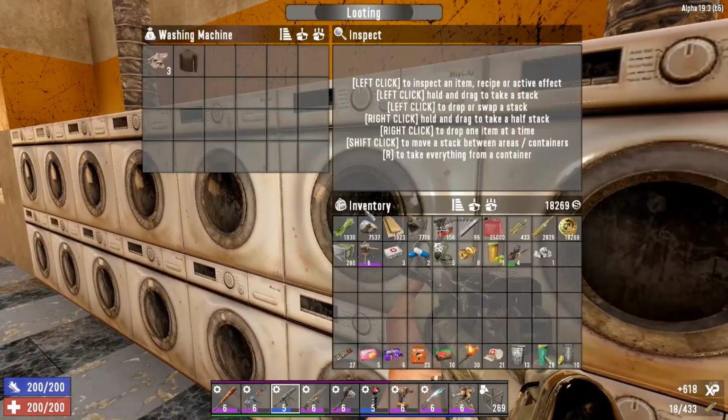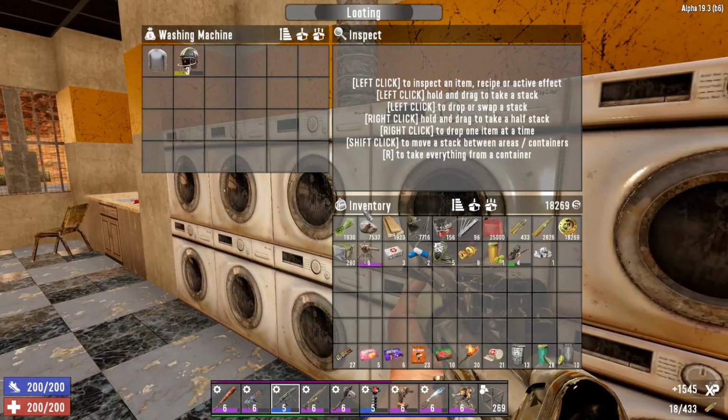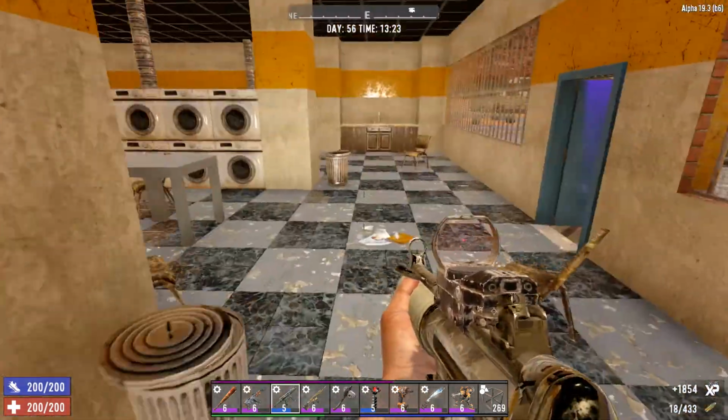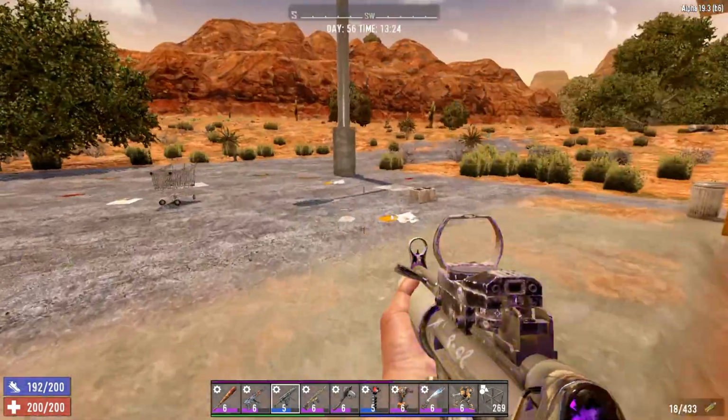Early game, you can come here, you'll find some clothes and shoes and gloves and armor, and all that's important. Early game, really important. So it's a good place to get close, although there's other good places. I mean,